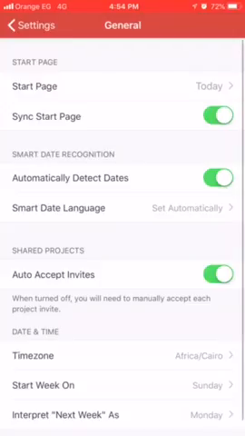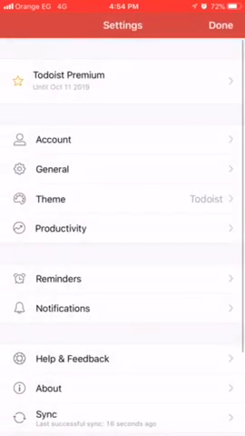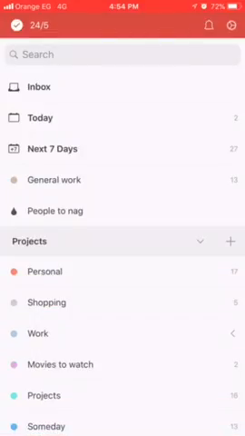There are many other features in Todoist, but I will for the moment stop here, and in a coming video, I will continue with the features that you can use on Todoist. If you have any questions,